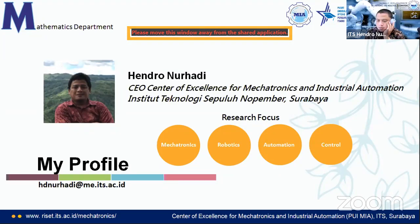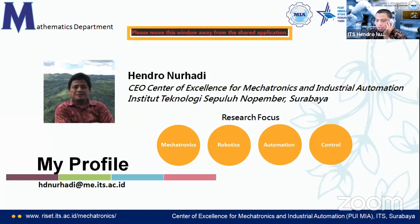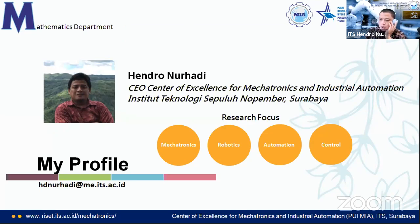Please allow me first to differentiate the definitions or terminology of mechatronics compared to robotics, automation, and control. These terminologies are all a little bit different. We can assume mechatronics is the mothership of the other 3 terminologies. Mechatronics was found at the beginning in Japan by the automotive industry, and robotics itself was found in Czechia by a guy from Czechia. He said that a robot is a tool, a helping aid for human beings to perform the job more easily or